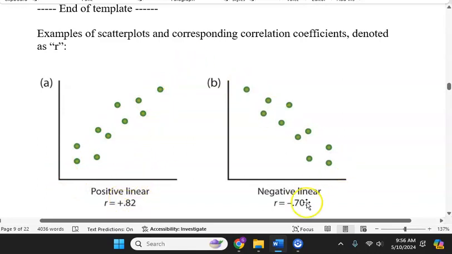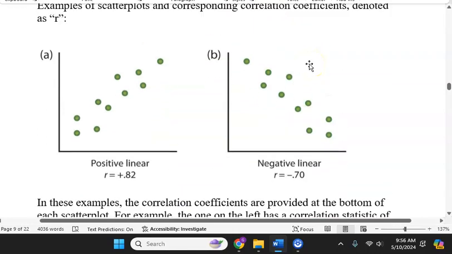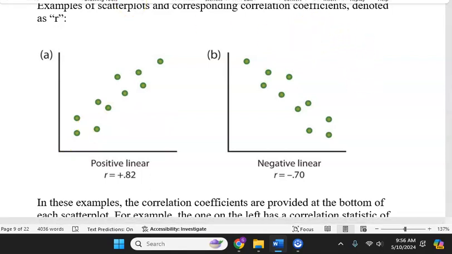Here it's going southeast, that's negative. We see the minus sign on that. Negative linear correlation. Correlation looks at linear relationships. So if we have nonlinear, like going like this, then that would be